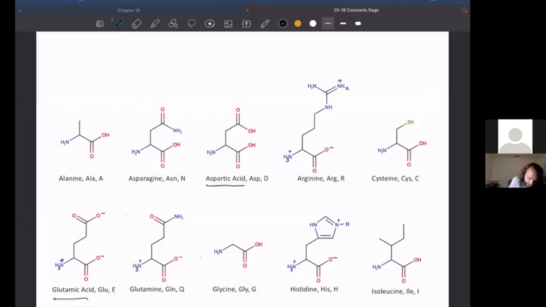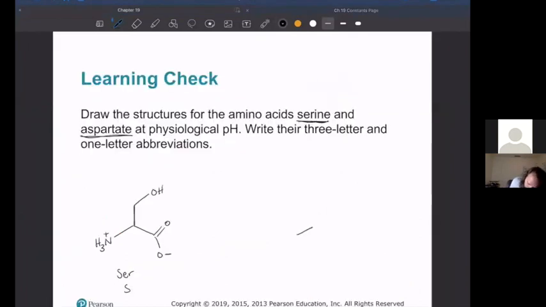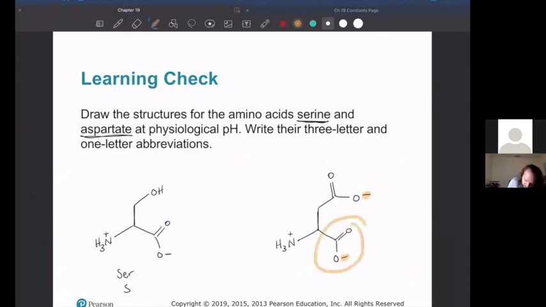So anyway, aspartic acid has a 2-carbon carboxylic acid functional group. Again, I'm going to draw it not as an amino acid, but as an ammonium carboxylate. So there's a carboxylate group there and an amino group there. And then this is a 2-carbon carboxylic acid group. And I'm going to remember that at physiological pH, those oxygens have that negative charge, just like it did here. This carboxylic acid group is actually carboxylate. Same thing up there.